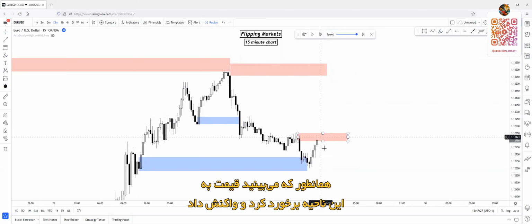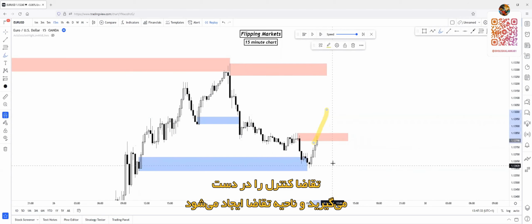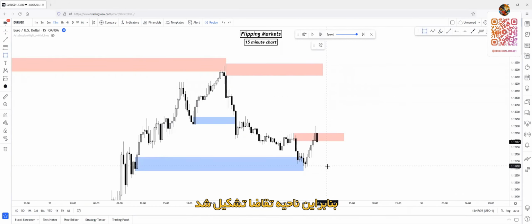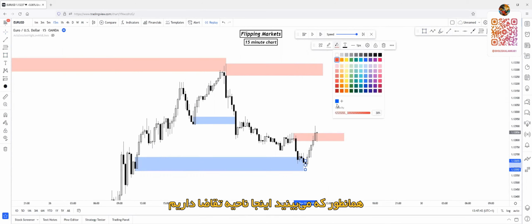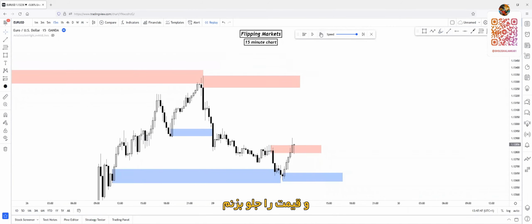As you can see, price stepped into this zone and had a reaction. So supply is in control now. If price breaks through this zone, demand will be in control and the demand zone will be formed. Okay, price broke through a supply zone. So demand zone has been formed here, as you can see. We have this demand zone right here. Let's just extend the zone and play price forward.